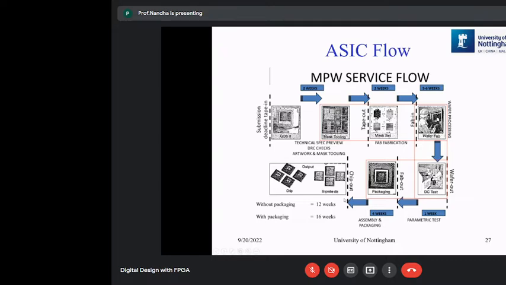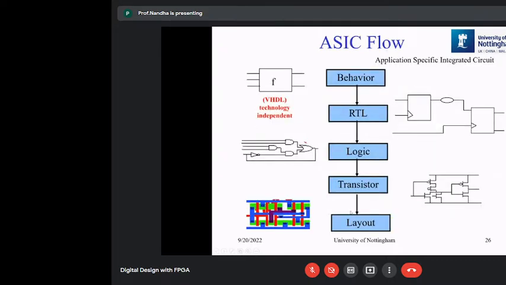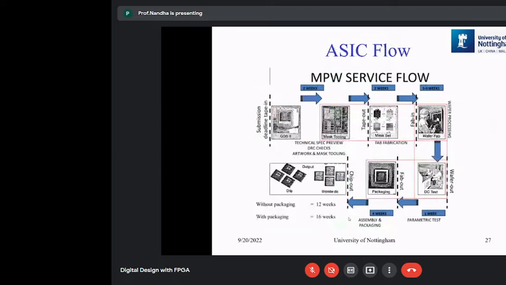And if the design from here to the layout takes nearly 7 to 8 months, easily it can take that. So if you add this up, you can see that for your design to get into a chip, it takes nearly 1 year. At the end of 1 year, if you discover that something is wrong in my design,